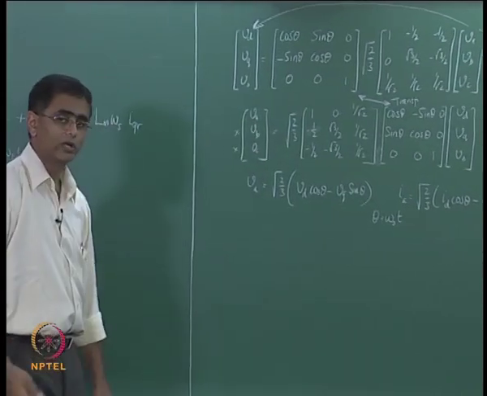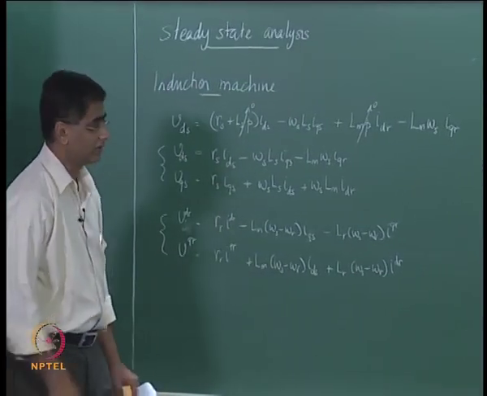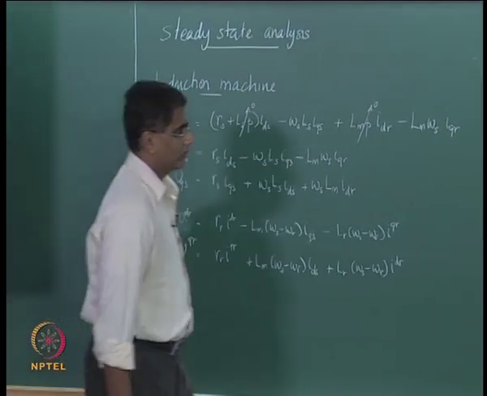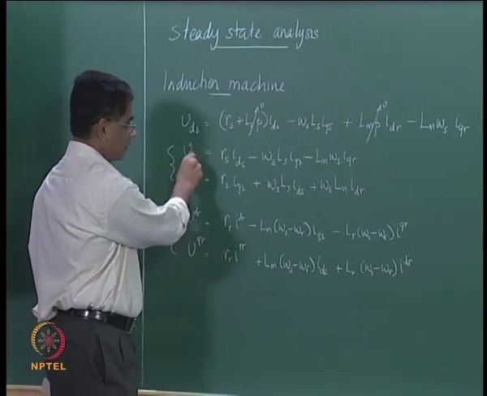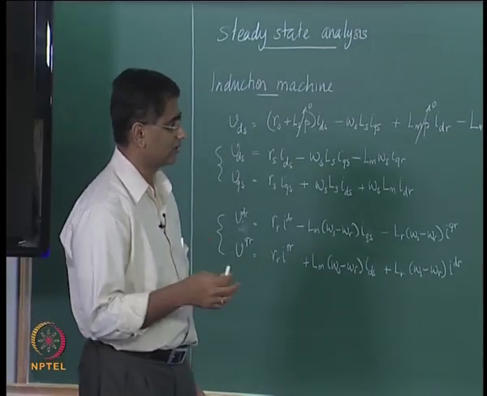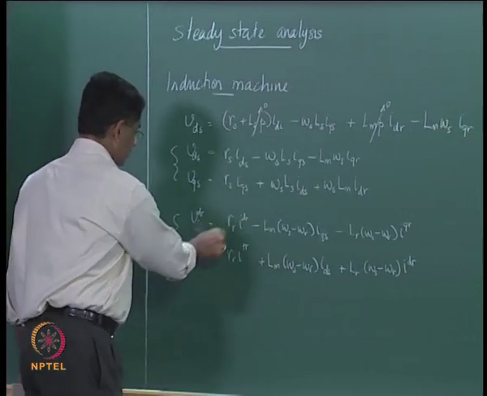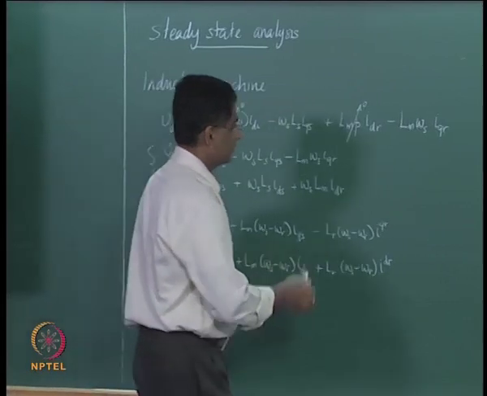So, what we need to do is now substitute these expressions for Vd and Vq into what we have got. When we say Va, we have not really specified whether it is Va of the stator or Va of the rotor. It could be either one depending upon what you substitute here. If you make this as Vds, that is pick up the expression from here, and then Vqs, then what you get is A phase voltage of the stator. If you substitute these two equations, what you get is A phase voltage of the rotor. So, let us substitute that,